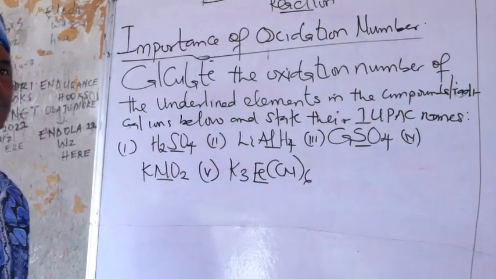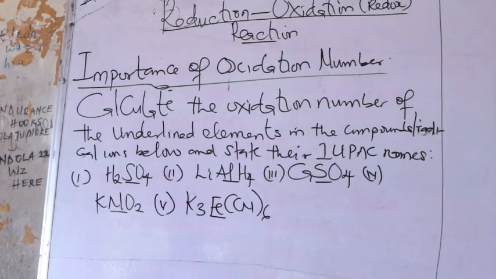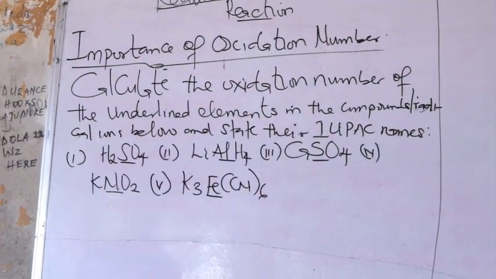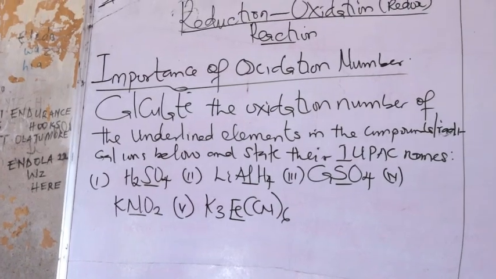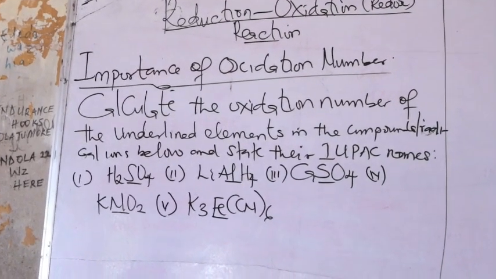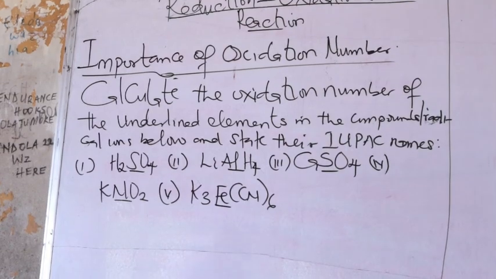Calculate the oxidation number of the underlined elements in the compounds or radical ions below and state their IUPAC names. Then we have 1